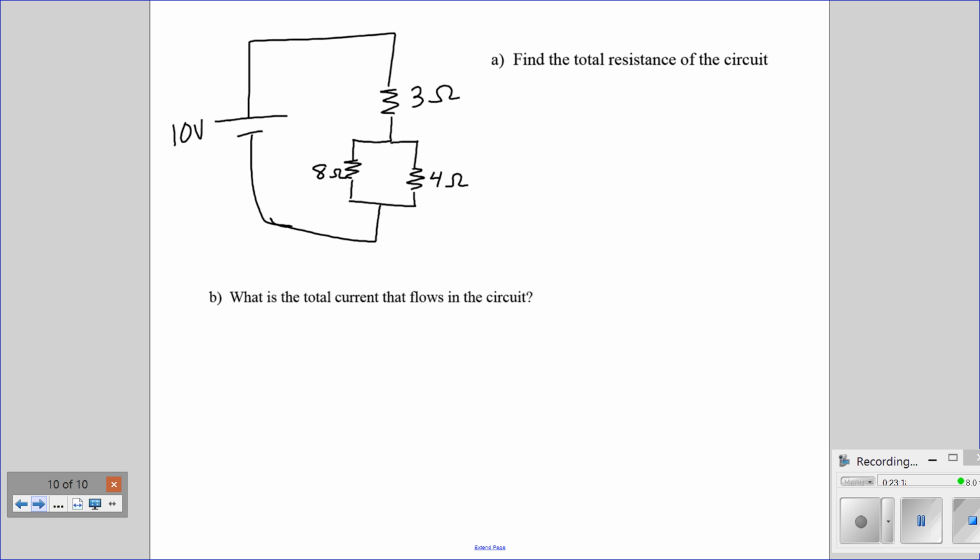The last thing to look at is, what if you don't have just a simple series circuit or just a simple parallel circuit? Here, we have a battery, then we have this one resistor here, but then we have a junction and it splits. And so these two resistors here are connected in parallel. And so those two resistors could be replaced by one single equivalent resistor. If we did that,